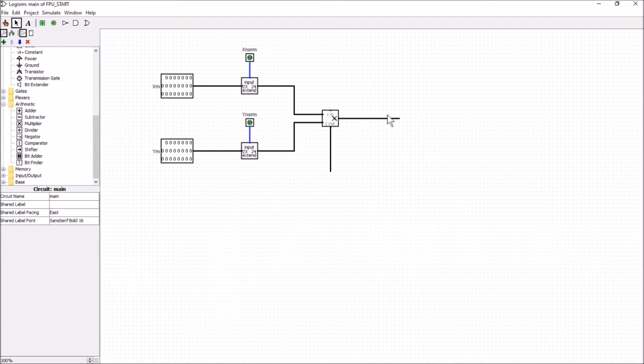So the least significant of the 24 bits is going to come out here, and the most significant of the 24 bits is going to come out here, because this here is the sum, and the carry, that is a carry over to the higher 24 bits, is going to come out here. So we're going to give these names. We'll call this one here, let's see, we'll face that north,